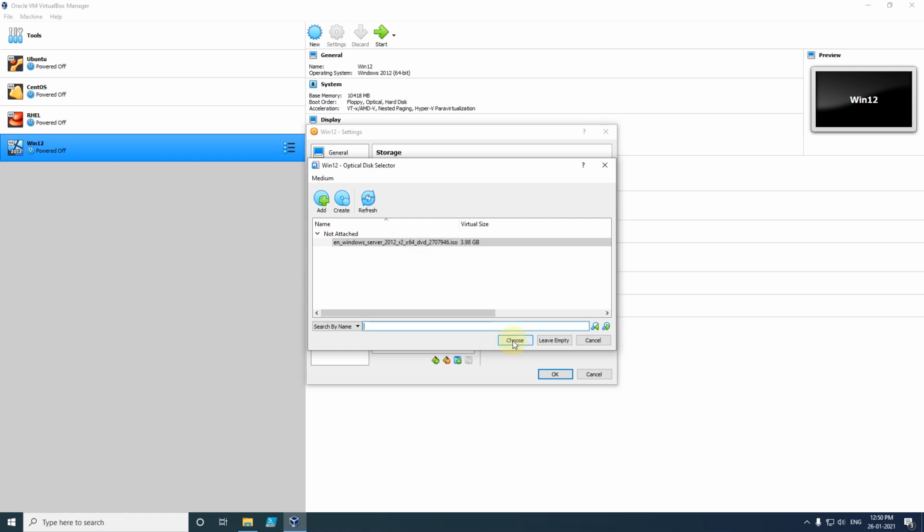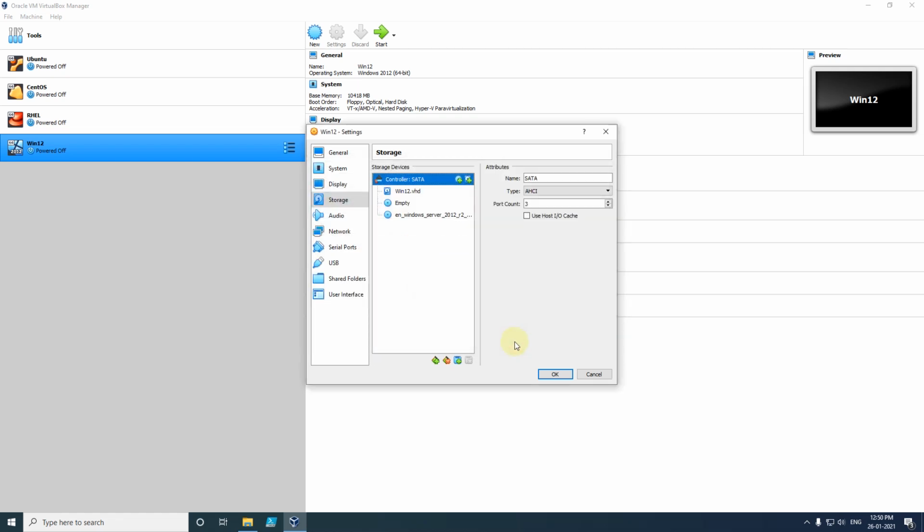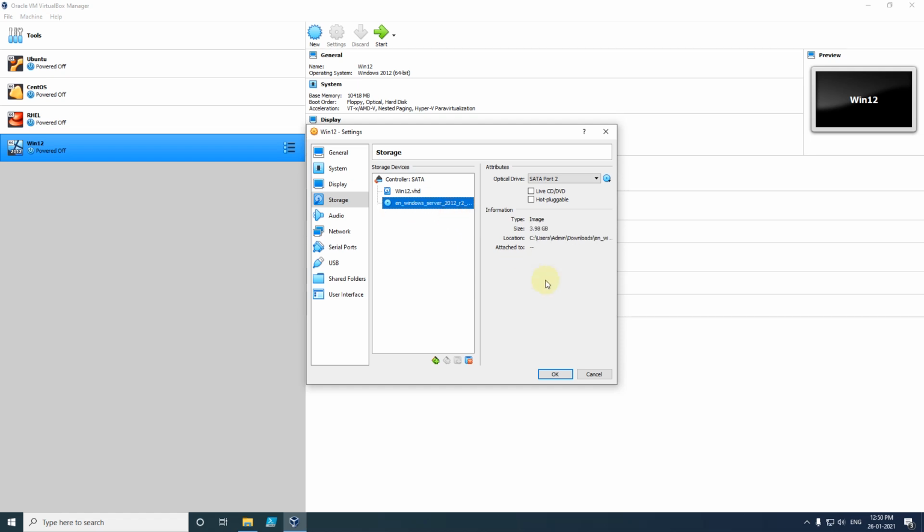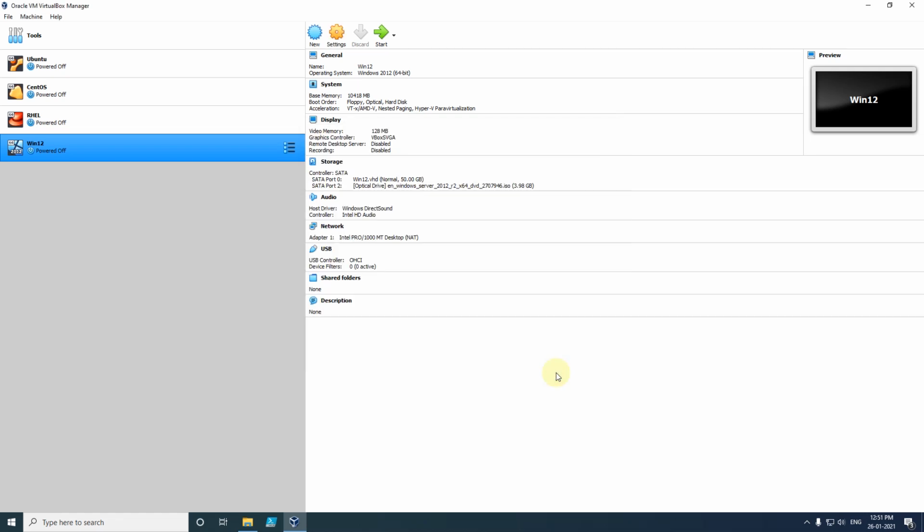As soon as I clicked there, it got loaded into the VM. We don't want the empty optical disk, so I will remove this attachment. Currently we have the hard disk attached, then our ISO image attached. Now I will click on OK. So we have created the virtual machine and loaded the ISO image.